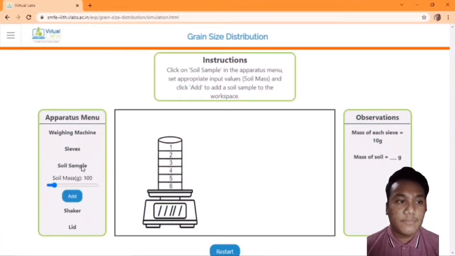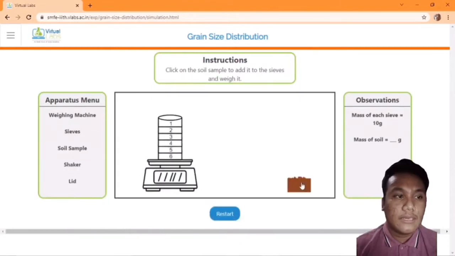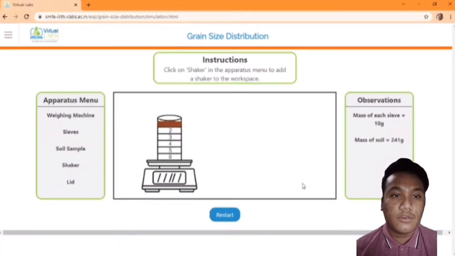Step 2, add a soil sample from the apparatus menu by clicking the submit button after setting the soil sample mass to an appropriate value. For this we choose 241. Then step 3, add the sample to the sieve by clicking on it. However, the soil won't be properly sieved on its own and requires some external force, which will be provided by a shaker